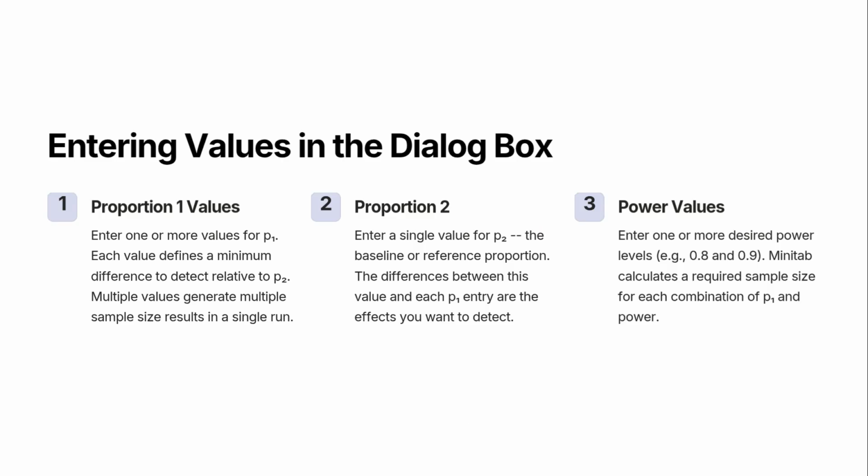In the dialog box, input one or more values for proportion 1 to define minimum detectable differences from proportion 2. Enter a single value for P2 as the baseline. Specify desired power levels, such as 0.8 or 0.9, to calculate the necessary sample size for each P1 and power